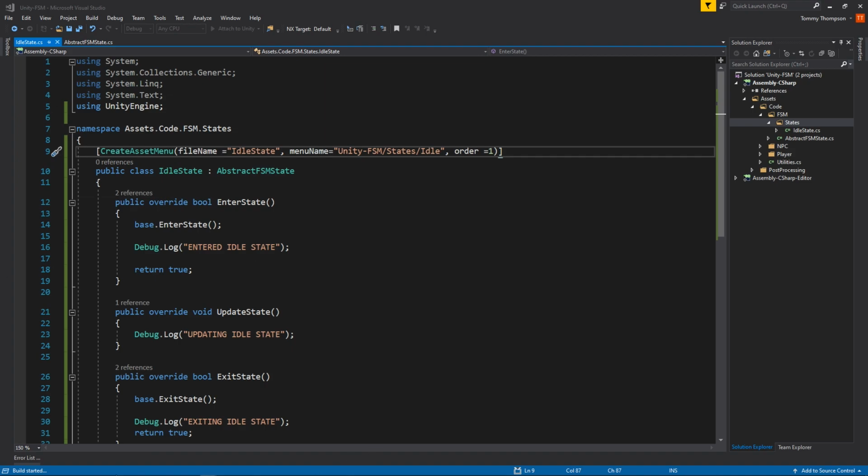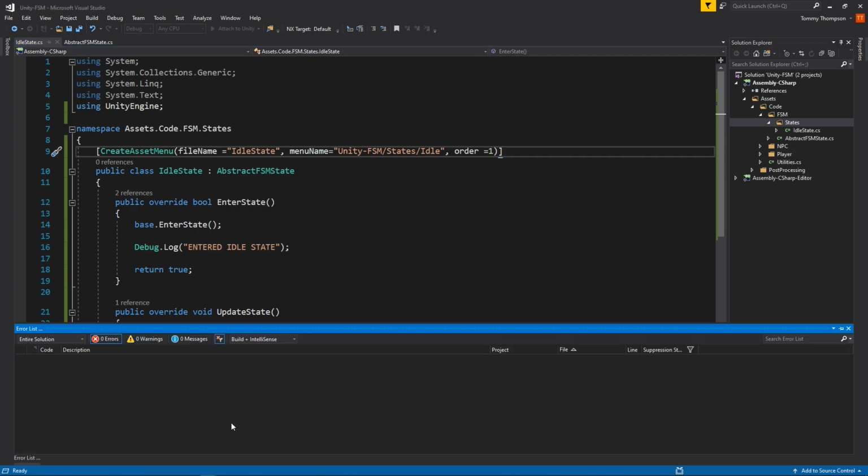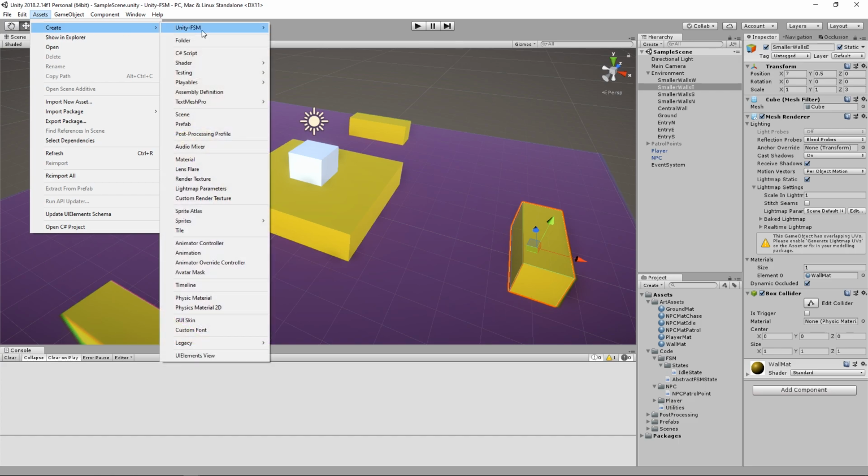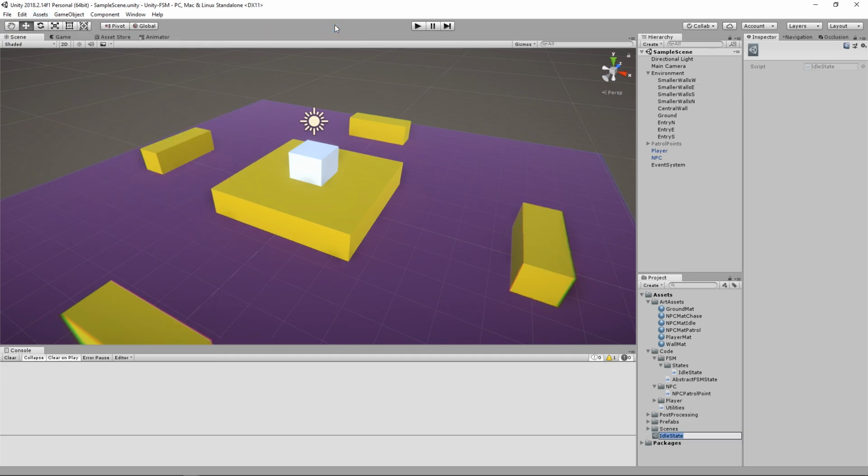And it looks like it's compiled okay. Well, it's building still. Come on, computer's a bit slow today. So now we're back in the Unity editor, and you can see here down in the project we have the idle state, because the code I've updated in Visual Studio is now appearing here in Unity, which is nice. But also, if I go up into the Assets menu, go to Create, you now see I've got Unity FSM appearing up the top, States, Idle, and it creates me a little idle state. And that is very